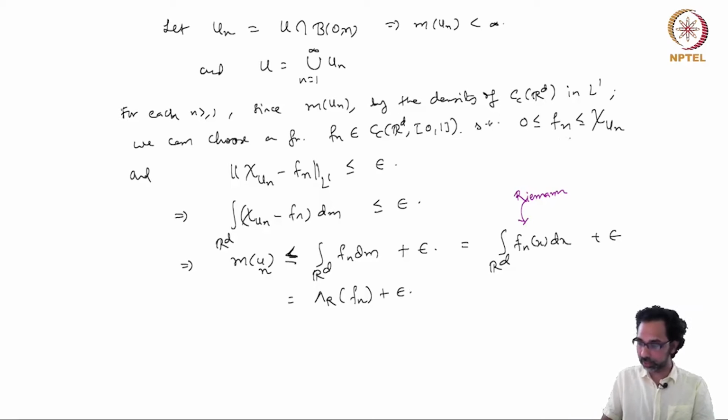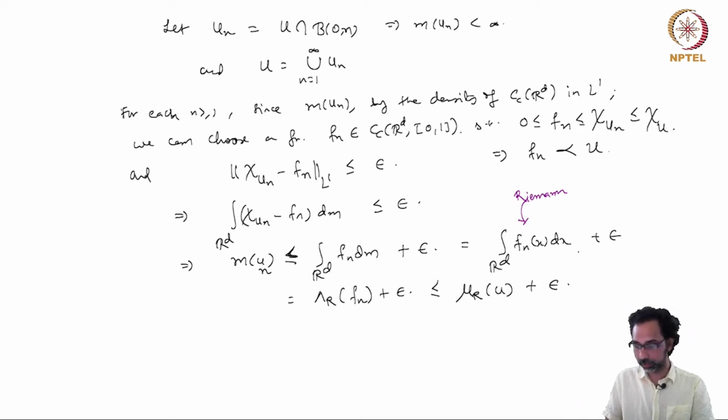And now note that since f_n is less than or equal to chi_{u_n} and chi_{u_n} is less than or equal to chi_u, this means that f_n is less than u. So f_n has compact support inside u, and so this is less than or equal to mu_R(u)